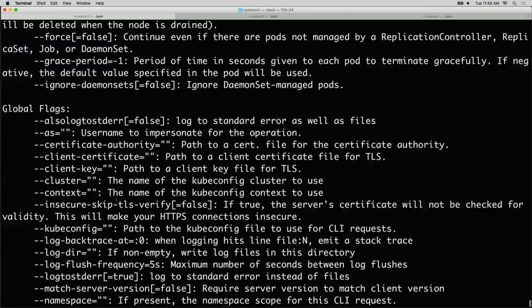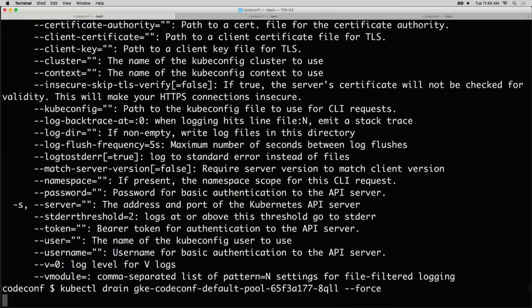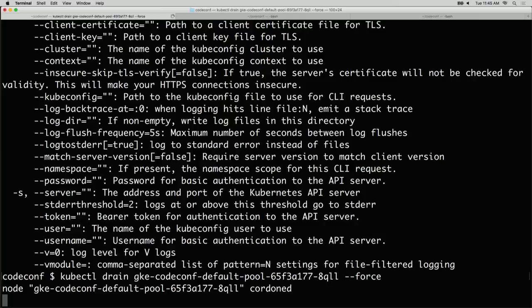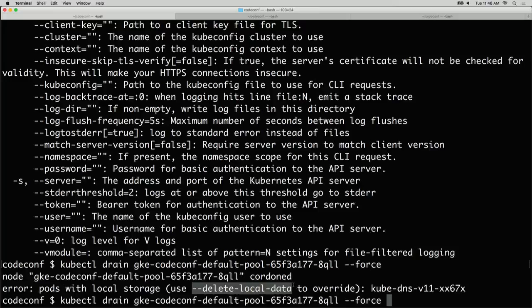So I can drain one of our nodes. We're just going to force it to put it in a bad state. Okay? So if you were to pull the plug on this machine or drain it like I'm doing now, what will happen is, oh, this one's saying, hey, you have this one that has some local storage going down. I don't care. Let's override all of that.